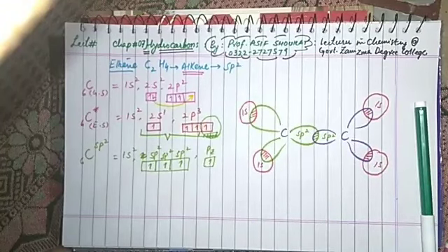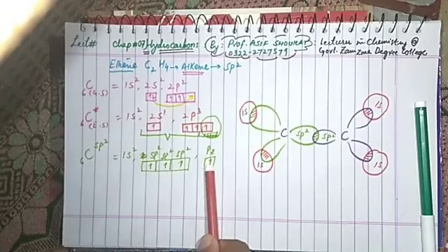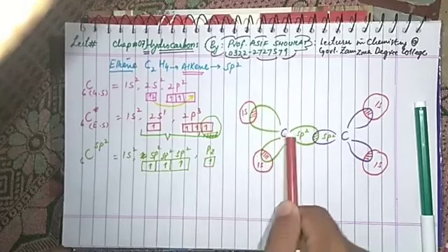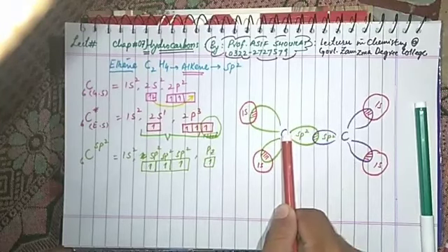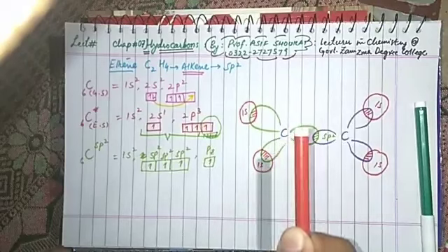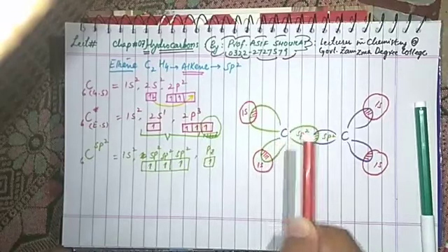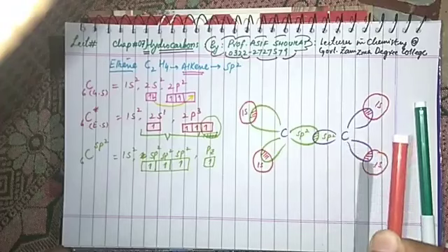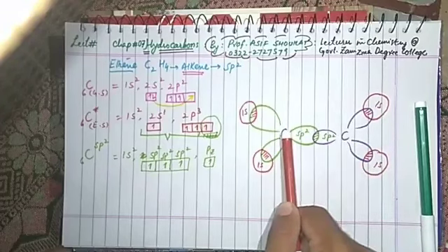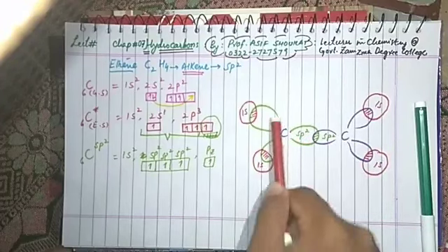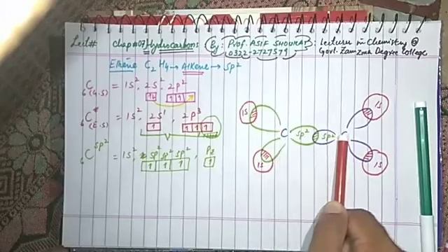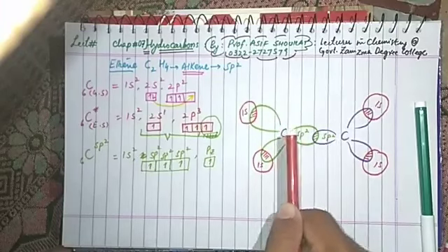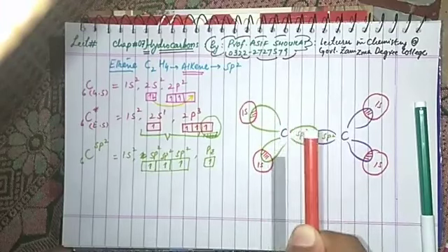Now make a good concept of this pz orbital in this structure. Actually, this pz orbital will be perpendicular to the plane. Students, just look at the movement of my marker. It is out of the plane. So half of the portion of pz would be out of the plane and half would be into the plane. Similarly here. But it is very difficult for me to draw the pz orbital in space.